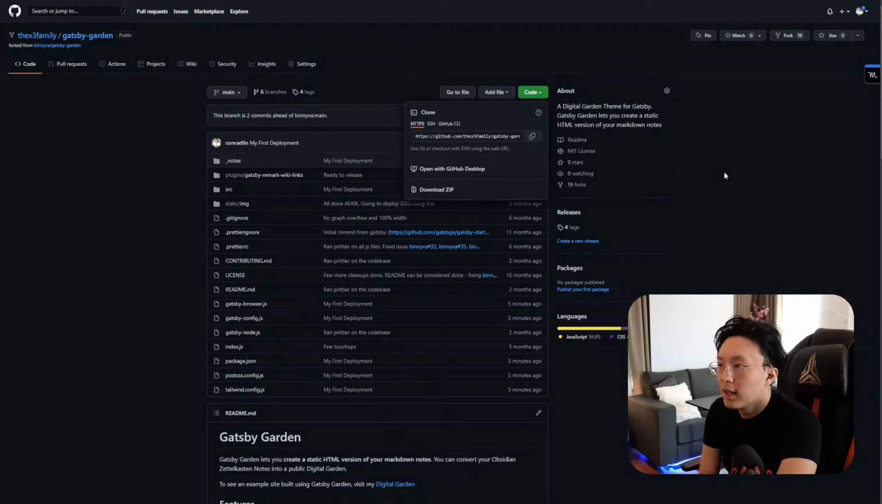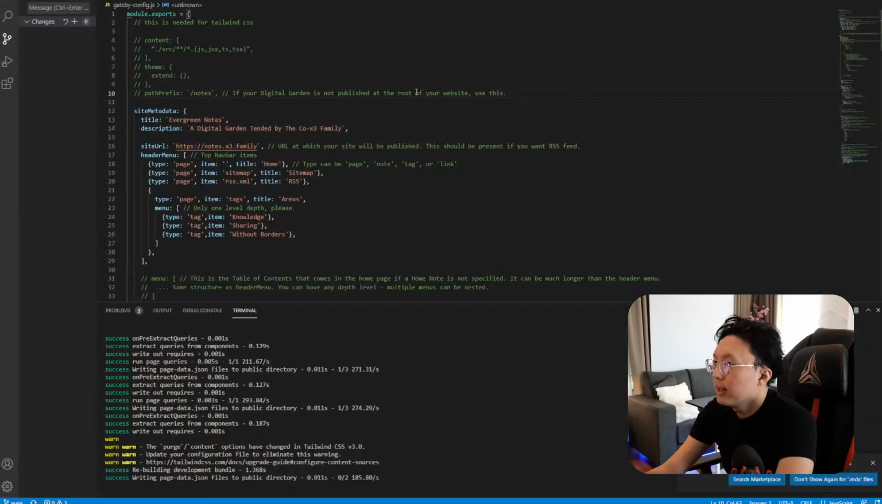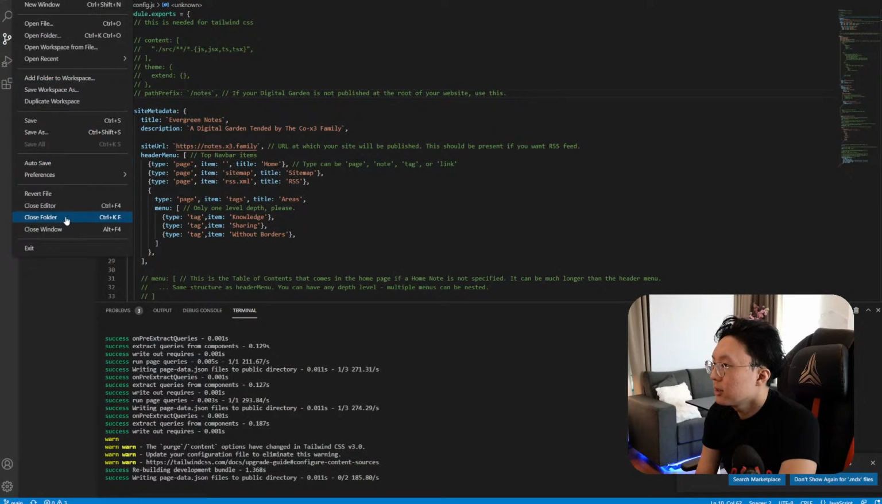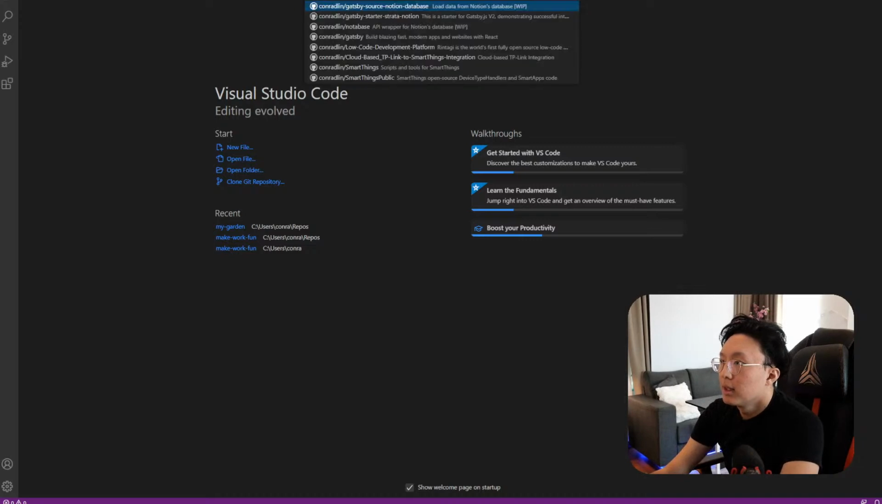So let's go ahead and do that. I'm going to go ahead and delete this. So I'm going to delete this folder. So close folder. And what I'm going to do is clone the Git repository. And then I'm going to clone from GitHub. I need to go ahead and grab my other one, which is,